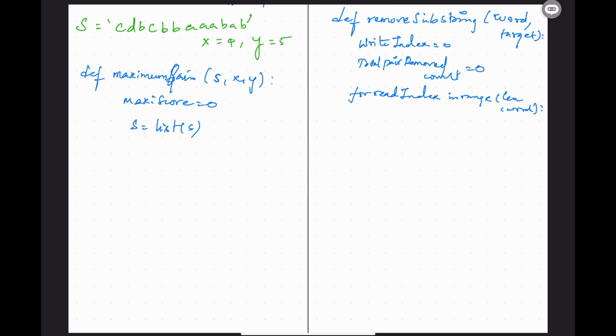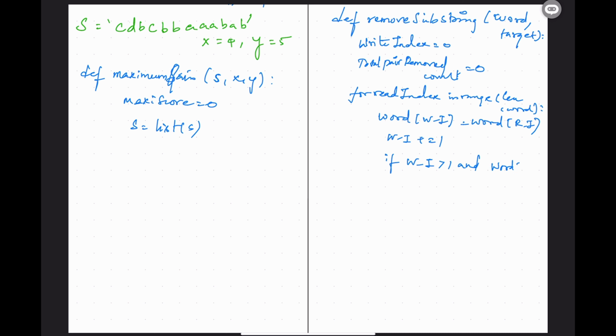Every time what I'm doing, I'm just copying whatever value is at the read index to the write index. You will understand why it works. Write index equals word of read index, and you are always incrementing the write index by 1. So if write index is greater than 1 and